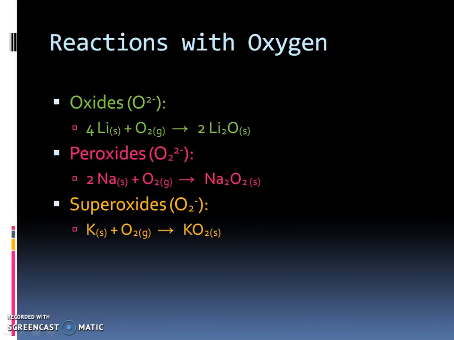So these are reactions with oxygen. There are such things as oxides, which is reacting with oxygen, forming the oxide as a product. Then there's things called peroxides. Again, the O2 2- polyatomic ion. And then there's these things called superoxides, which is really, really weird, but it happens. So those are your three different kinds of compounds with oxygen. And depending on the situation, those metals can form an oxide, a peroxide, or what's called a superoxide.